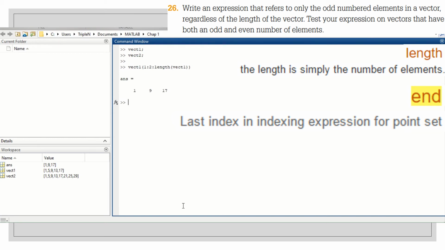It displays the first, the third, and the fifth element of vector1. Maybe if we need to see that clearly, vect1 is, yeah, the first is 1, the third 9, the fifth is 17. So if I need vect2, if I need to display only the odd numbered,